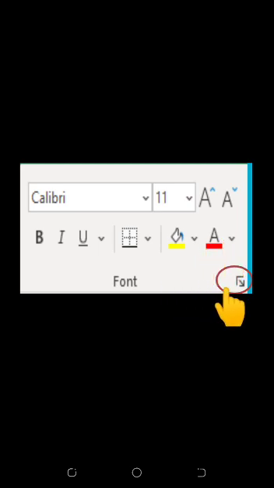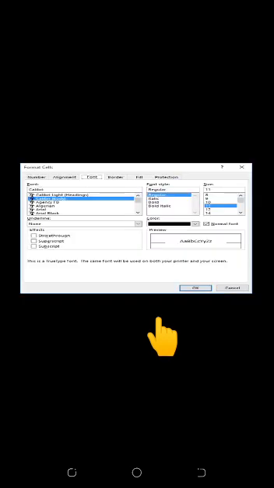Okay. Now, if you click this arrow that is given on the bottom, one Format Cells dialog box will open like this. You can also change the formatting of cells by using the Format Cells dialog box. Here also different tabs. You will choose the Font tab if you want to change the text style. Different fonts are given here. You can choose from here. Style is given here, and size you can change from here. Color also you can change from this color palette, and 3 more options are here.